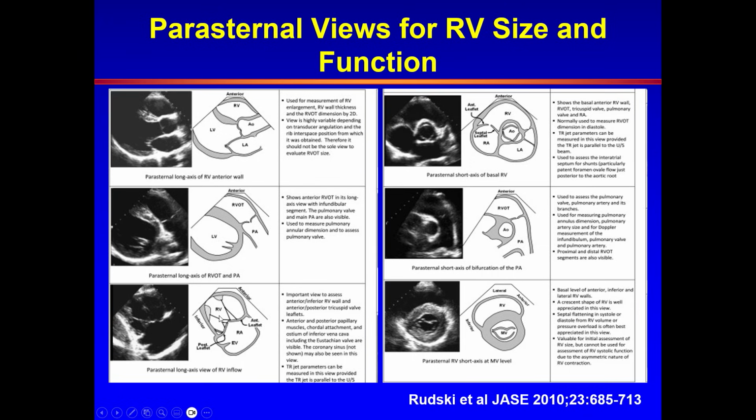This is a view that allows us to see the valve leaflets, and so we put color, we interrogate for the TR jet, we look at the size of the jet, we can measure vena contracta. For TR, we align with continuous wave Doppler and can get PA pressures. I say can, but it's really must. We must get the TR jet from all planes, and then we look at the highest velocity